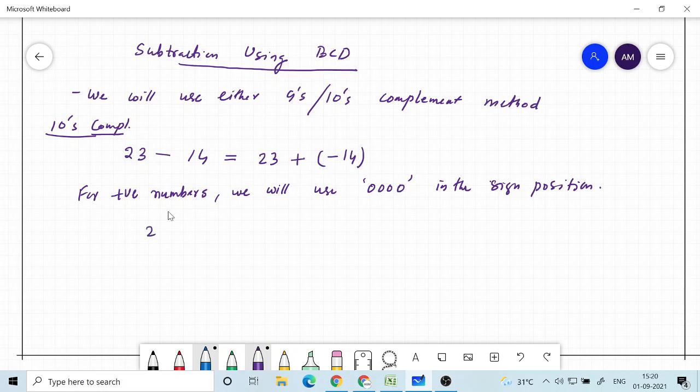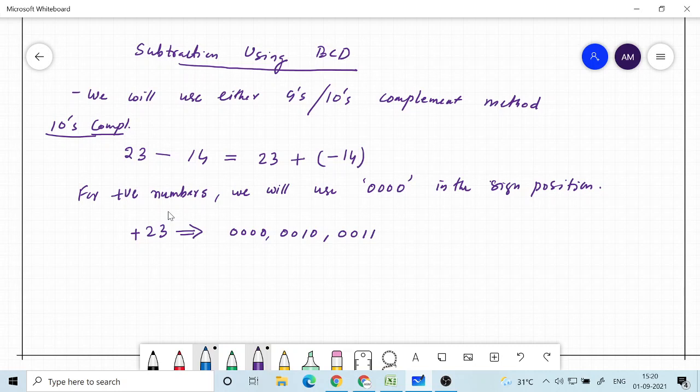In other words, plus 23 will be represented as BCD code like this: 0 0 0 0, representing the sign, and then 2, that will be 0 0 1 0, and then 3 is 0 0 1 1.